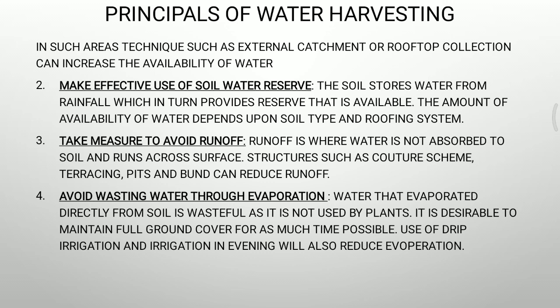Drip irrigation is the one where water is used in a very low quantity, and the water whichever is used is given directly to the roots of the plants only, so that the evaporation will reduce. Also, we need to cover the whole area, the barren land whichever is there, it has to be covered fully. The soil has to be covered by the crops. So if the crops are there, there will be less evaporation from the soil.